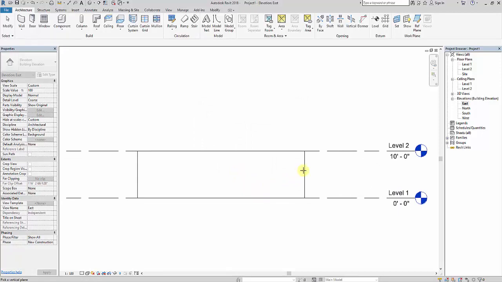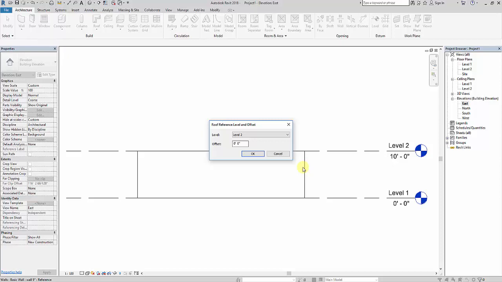For selecting the east elevation, if I hover over the wall face, you get a 3 line indication. It means you are selecting the east elevation. If you move the cursor a bit to this side, you get a 1 line indication, which means you're selecting the next side of the east elevation. Even here you get a 1 line indication. So you select when you get a 3 line indication like this. When you get a 3 line indication, just click over here.